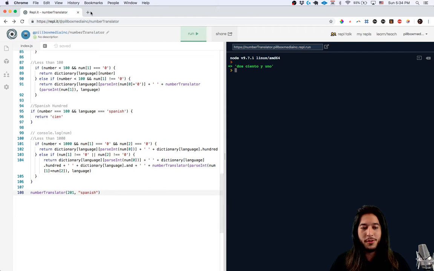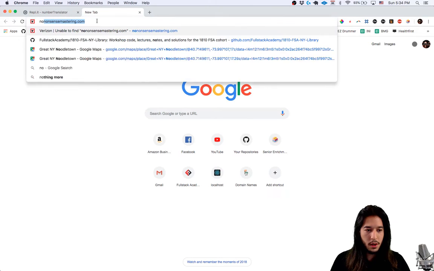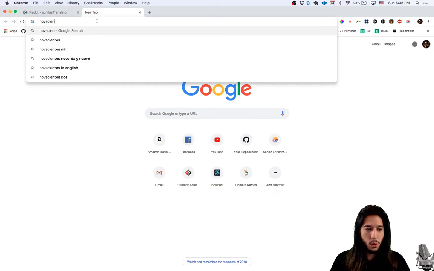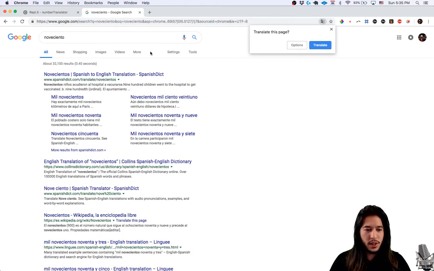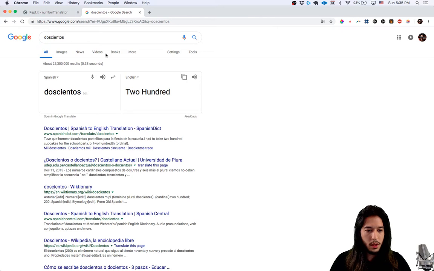And I'm not even sure if in Spanish the words are concatenated or not. I don't know if they're separate words. I believe it is. Yeah, and they become plural. Novecientos. It's not as easy as in English for me where I say 900. Is it doscientos? Is it one word? Yeah, it's one word. So this is an interesting thing, because we're in Spanish, my entire hundreds case has to change.